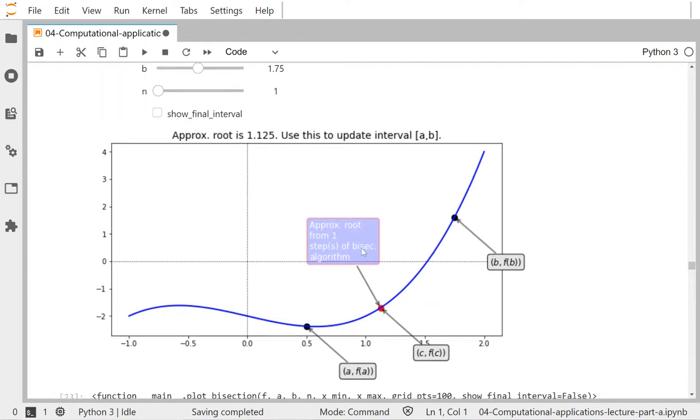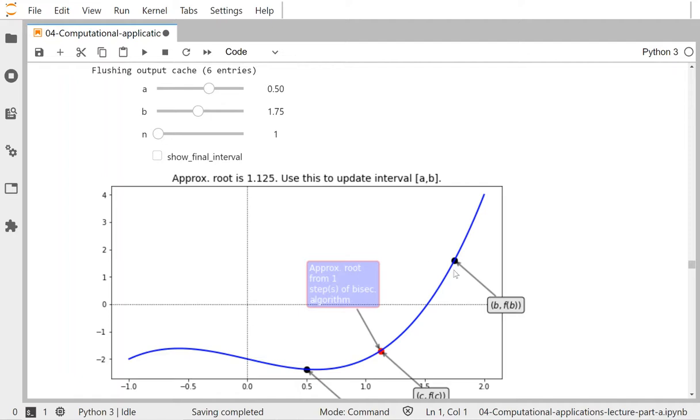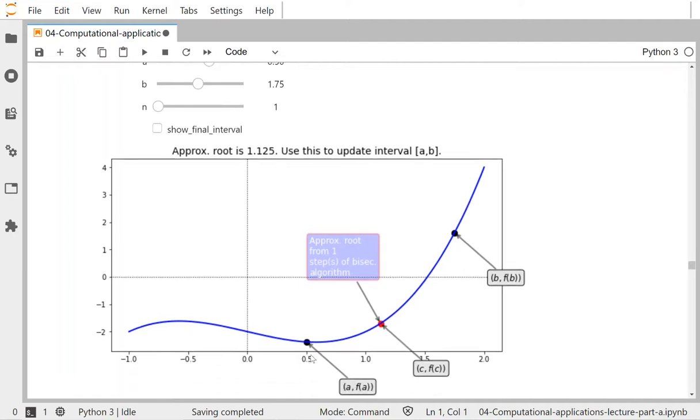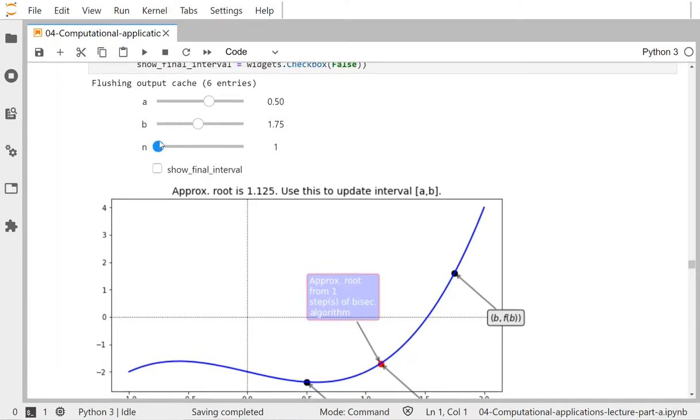So here are additional annotations. With this value of a and this value of b, I'm pointing out where a, f of a is and b, f of b, the points on the curve associated with the inputs a and b. And then I show the bisection point and the function value at that point and say, well, this is the first approximation to the root from one step of the bisection algorithm. And then I print on the title of the plot what the approximate root is. And now we know it's 1.521 approximately. This is not a great approximation. This is because I'm using one